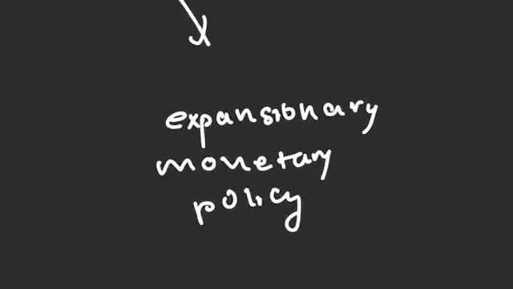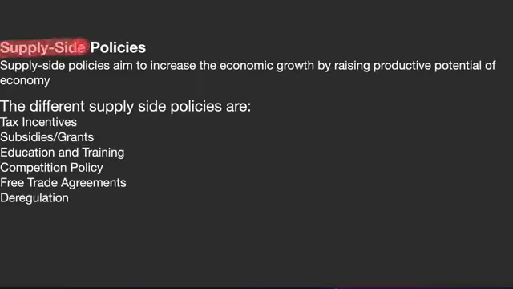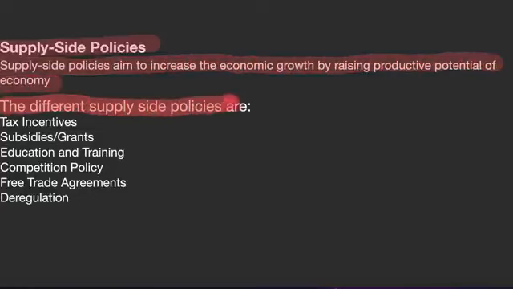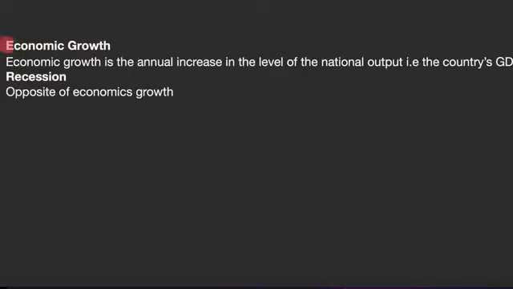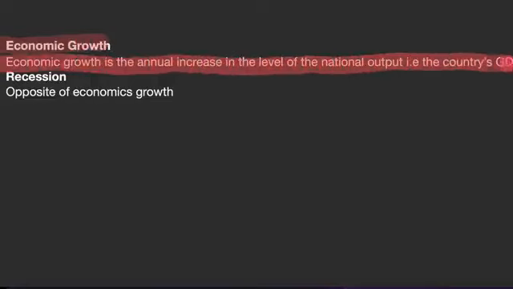We then have supply side policies. Supply side policies aim to increase the economic growth by raising productive potential of the economy. The different types of supply side policies are tax incentives, subsidies and grants, education and training, competition policy, free trade agreements, and deregulation. Economic growth is the annual increase in the level of national output, that is the country's GDP,